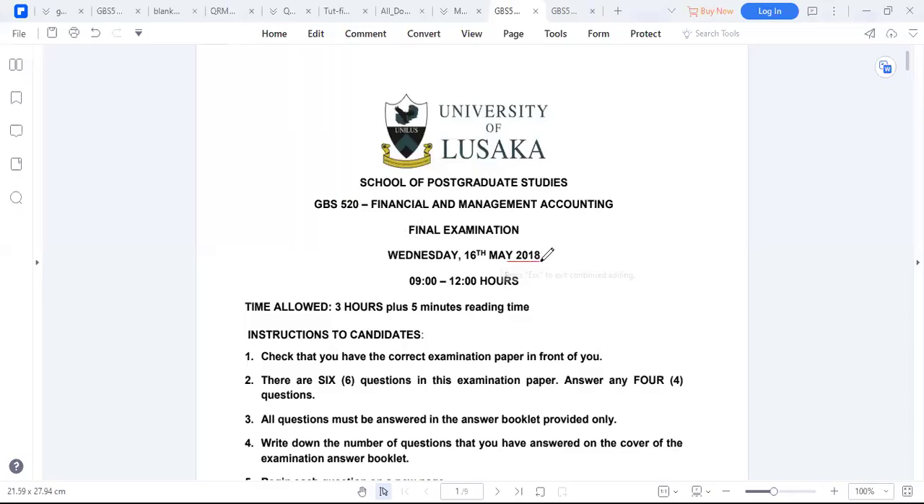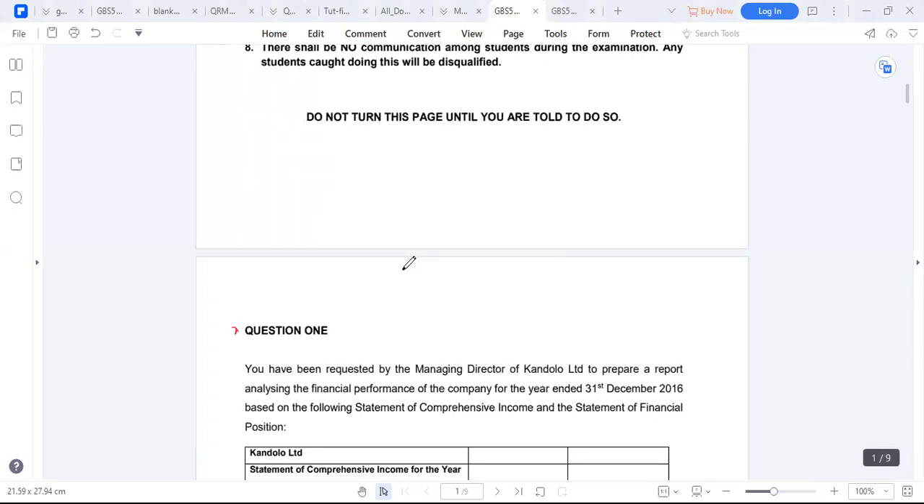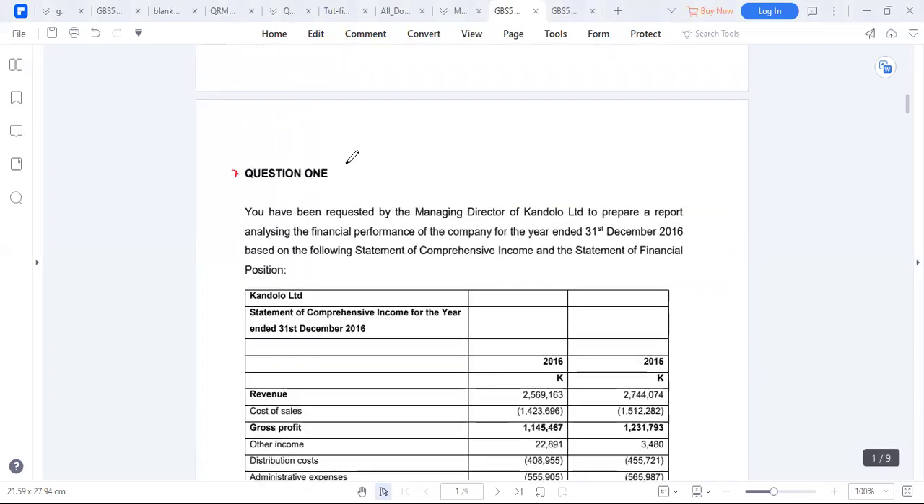We'll be looking at the 2018 paper. Question number 1 is on financial statement analysis. So financial statement analysis basically